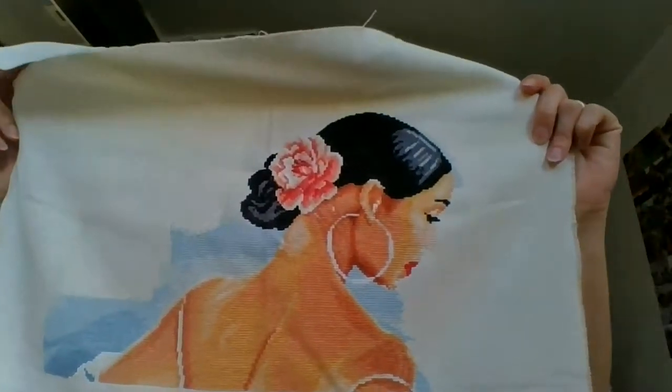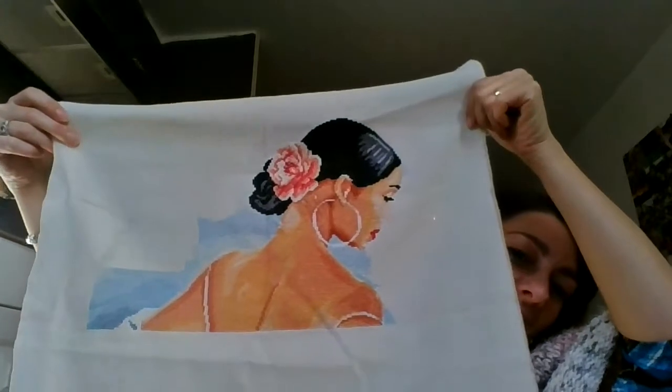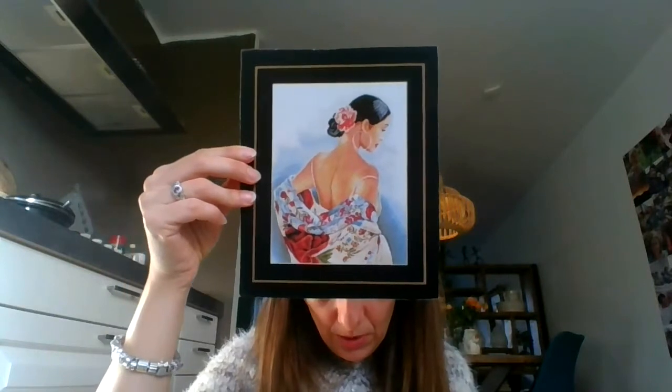Okay, this one gives me a headache. And also a lot of you responded really enthusiastic on this one. And also when I look at it, oh, it's so pretty. I love this one. But I'm also really pissed off at this one. Is it okay like this? I wish you could tell me if you can see it. This is by Lanarte, Spanish Beauty, and it's gorgeous. It's such a gorgeous pattern, and I have all the threads and everything. The fabric is nice. It's an even weave, but it's really soft. It's an ecru color, really warm color. And this is how it will look when it's finished. Oh, it is so...